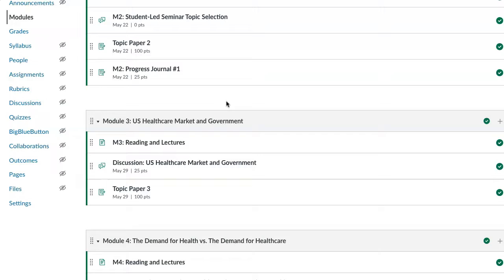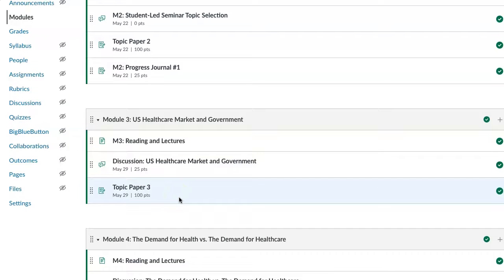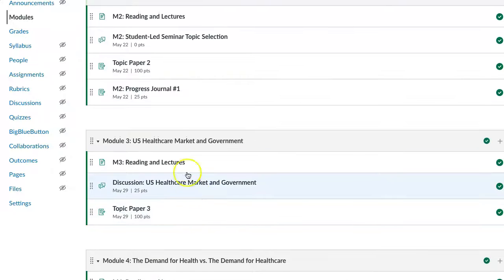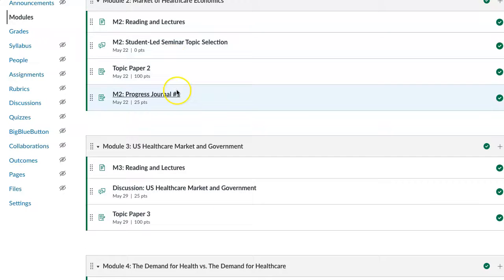But losing my train of thought on that one. So yeah, we do have these smaller papers throughout. There will not be one major paper at the end. Students seem to like that. And that's pretty much it for this week. Sorry, going back up here, we do have the progress journal, so make sure you tag into that. As I mentioned earlier, it's a good way for us to stay in touch, and that's an easy 25 points. So you'll be fine there.